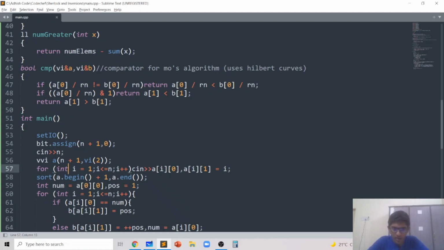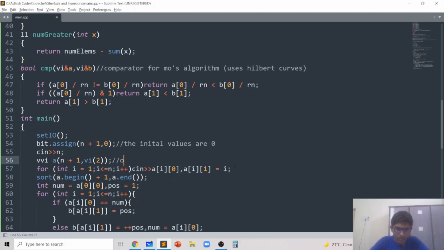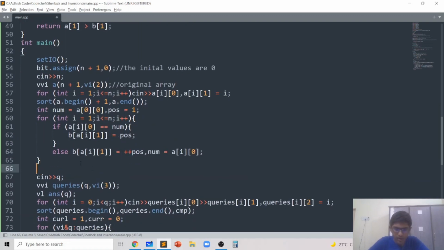I store the initial values as 0 for the binary index tree. I take in the value of n, and array A is the original array. Then I perform coordinate compression on this original array, and now the B array stores the coordinate compressed array.